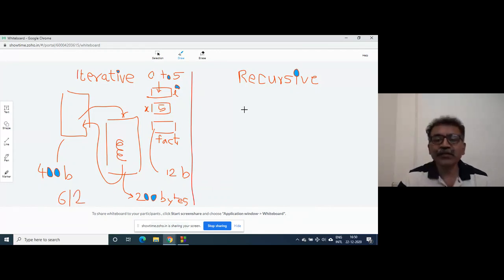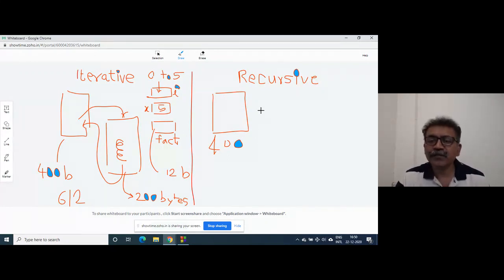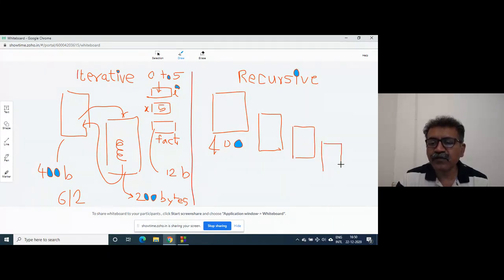What happens in case of a recursive call? In a recursive call, this function body is the same, right? So there are 400 bytes for main. Now there, the loop was not there. One factorial function was calling another factorial function, which was calling another factorial function, and so on.